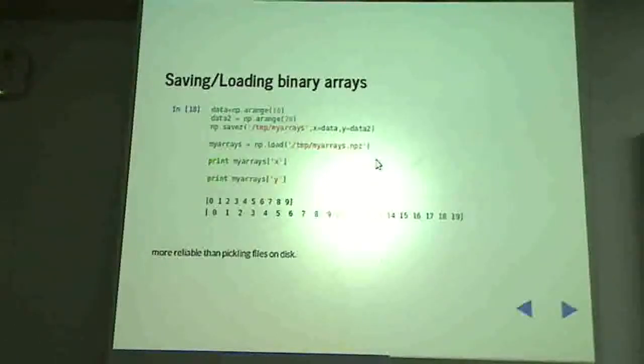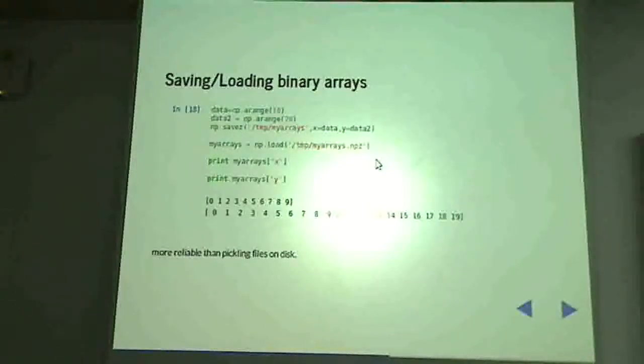Okay. So suppose you have a NumPy array called data, arange 10, and data2 is arange 20. Okay. So these are just 10 numbers and 20 numbers. They are two separate arrays. Okay. Now I want to save those arrays. This is typically very useful if you are analyzing some data. Okay, you have done some data processing, you are halfway through, now you want to go home and come back tomorrow. Then you can save your work essentially.